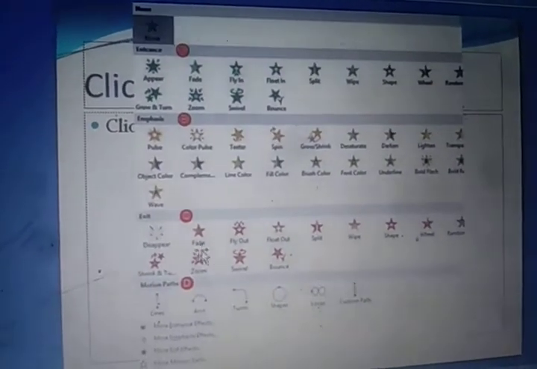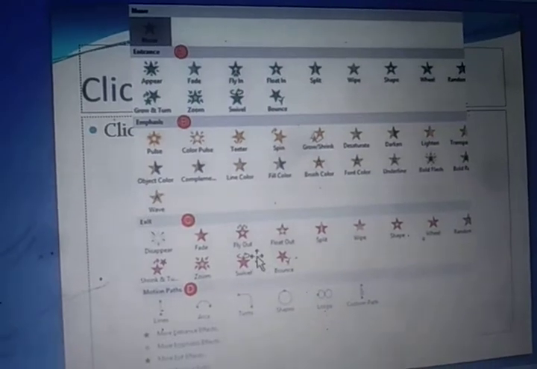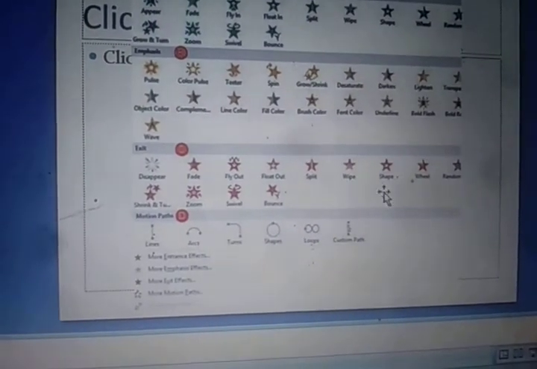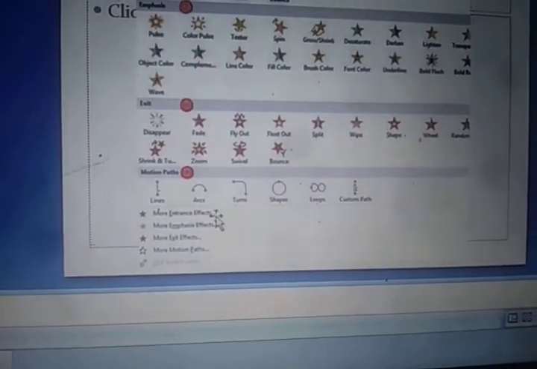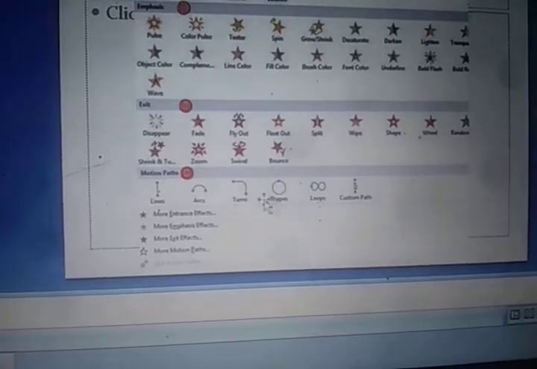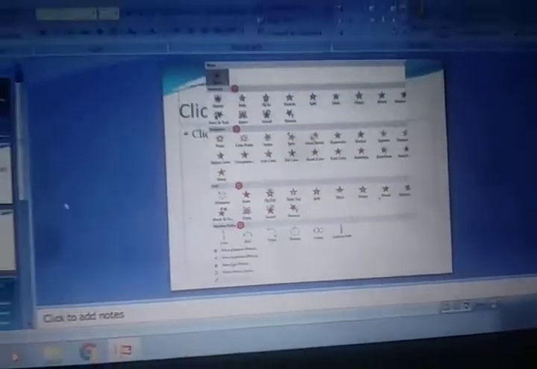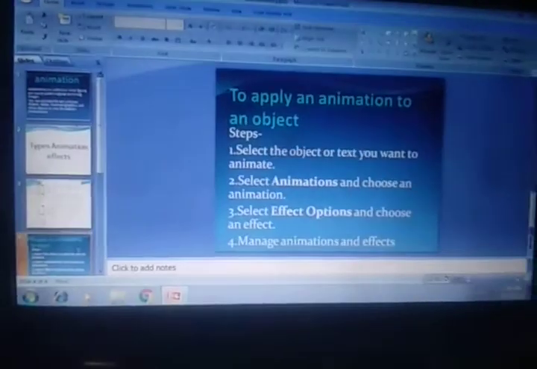Exit: diamond, fly out, split, wipe, and so on. And in motion paths, you can add different types of motion like curve, arch, circle. Okay. Let's come to another topic.